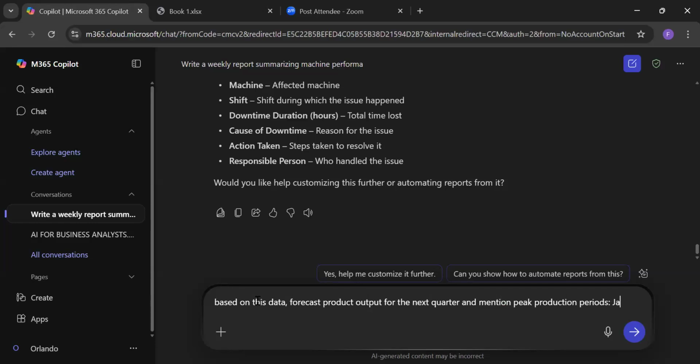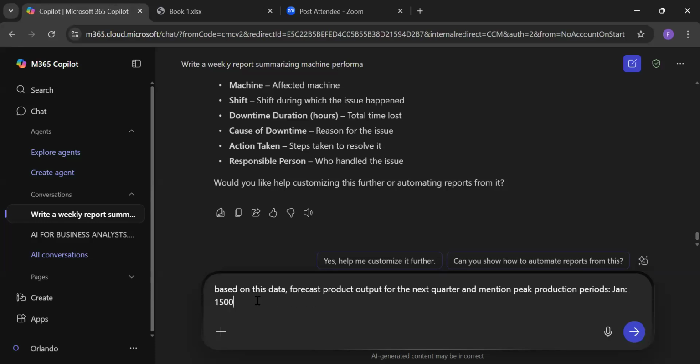So let's say in January, we're able to produce 1,500 units. In February, we produced 1,700 units.